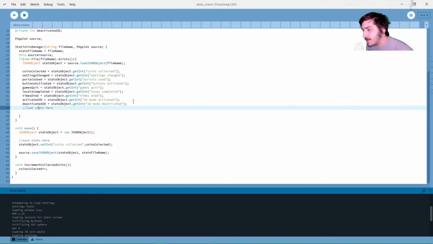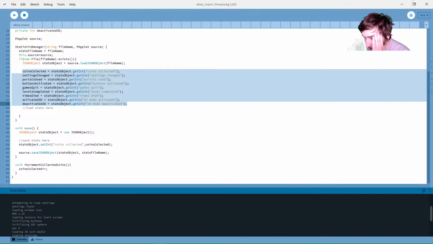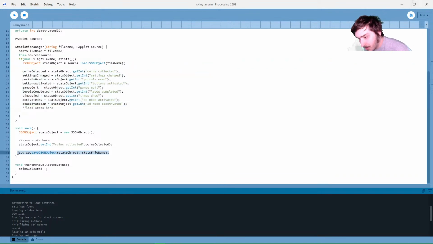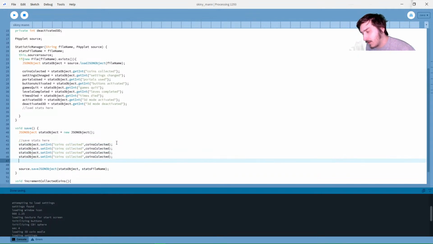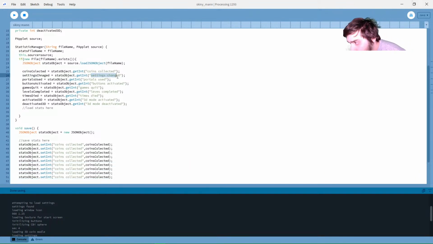Anyhow, that's my statistics loaded all there. Now we just got to do the same thing, but for saving, we need to paste in a good chunk of these. So 1, 2, 3, 4, 5, 6, 7, 8, 9. All right, then we just copy the strings one by one. Now I'm not entirely sure how